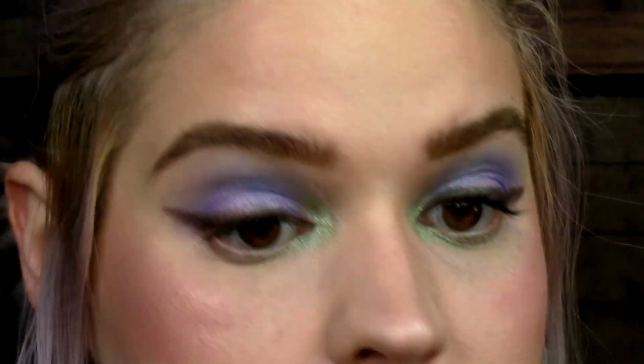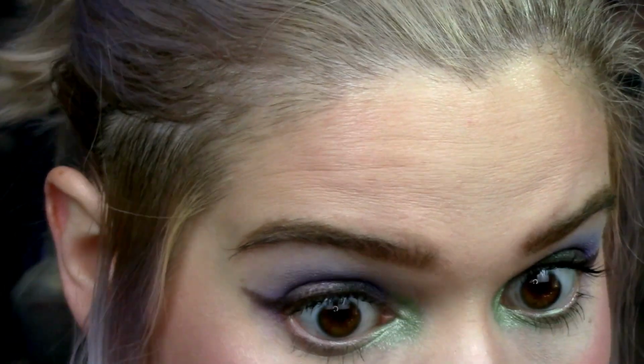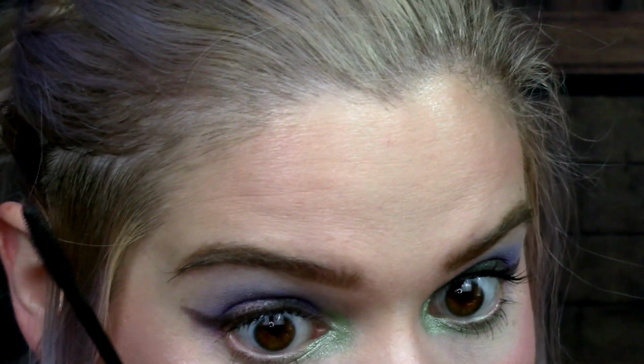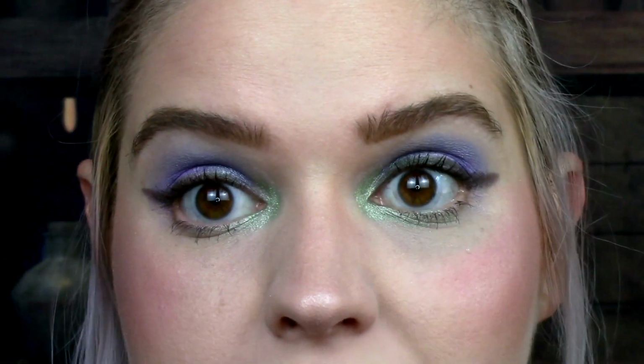Let me do the lower lash line. All right, so I do like it on the lower lash line. You can see my little baby hairs down there, but it's gonna be a matter of if it transfers or not, because the Almay one was terrible. The only mascara I found that doesn't transfer on my lower lash so far, there's a couple. I think the Tarte Big Ego was okay, and then also the highly rated mascara by Milani is amazing for